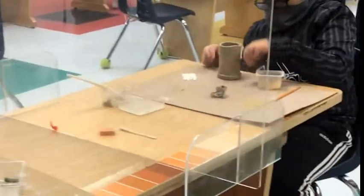Or hurts you when you drink out of it. So, you can use your finger to smooth out the rim of your cup, or your sponge to lightly press on the rim of your cup. That's what I'm doing. I'm making